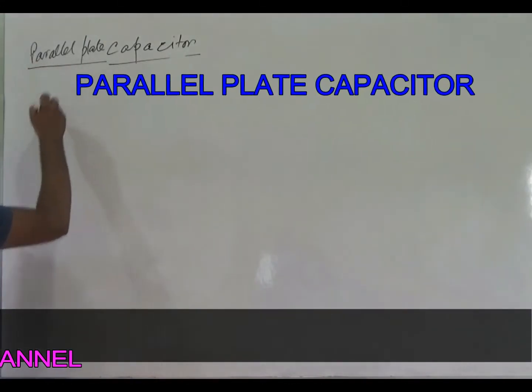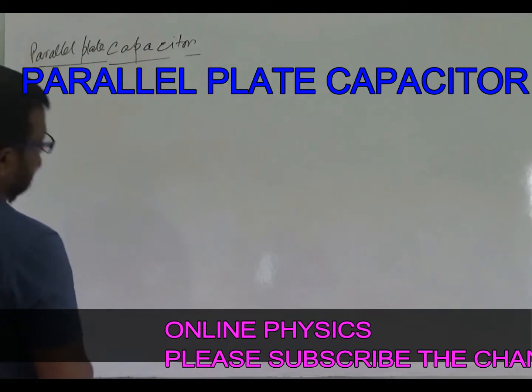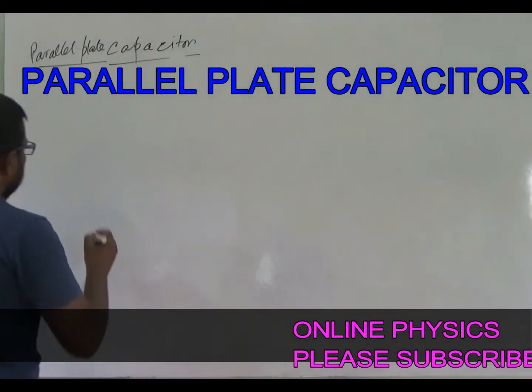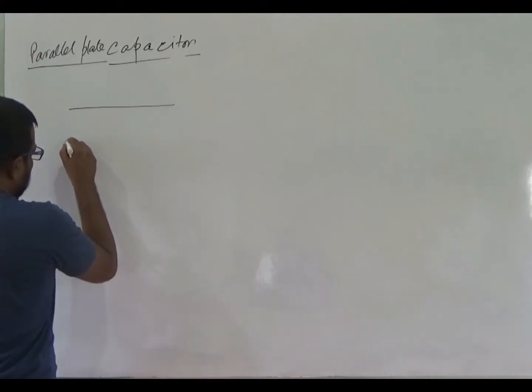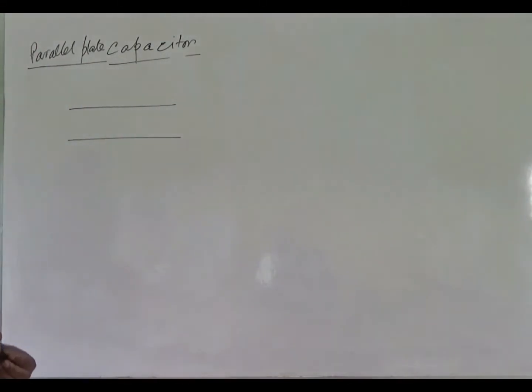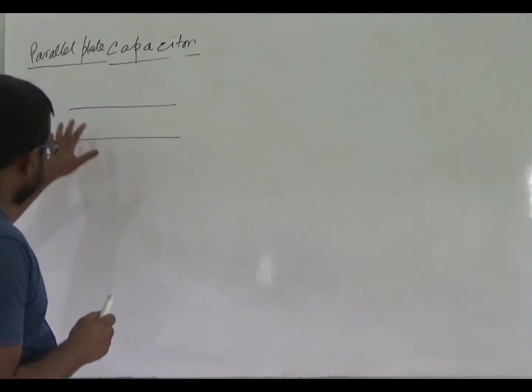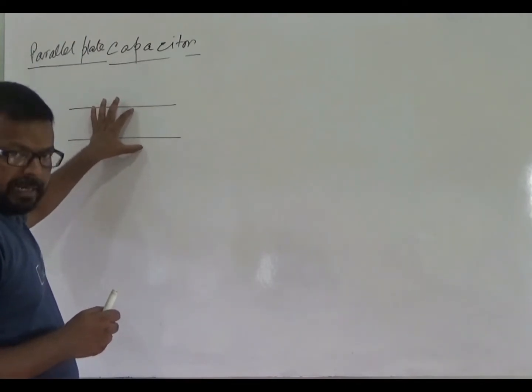A parallel plate capacitor consists of two similar large plane conducting sheets or conducting plates separated by a small distance. Let us say this is a parallel plate and this is another parallel plate. Both are conducting plates. These two are parallel and